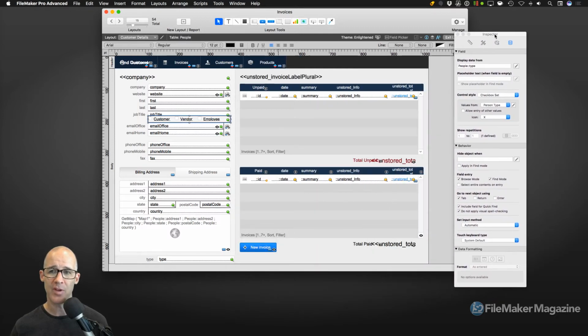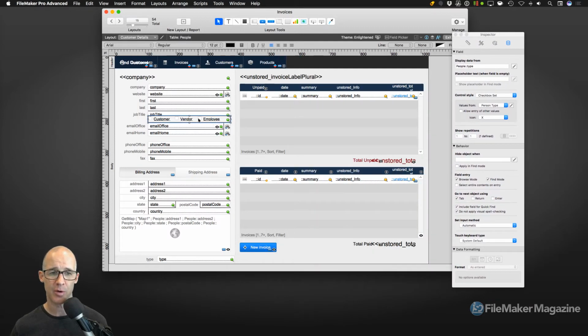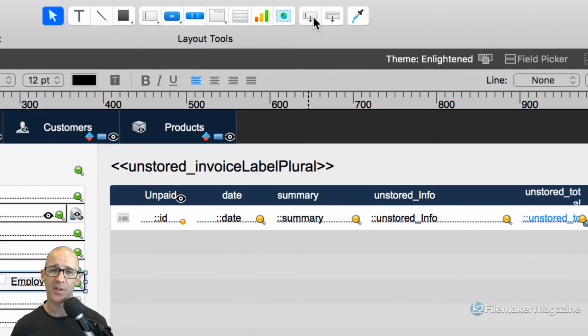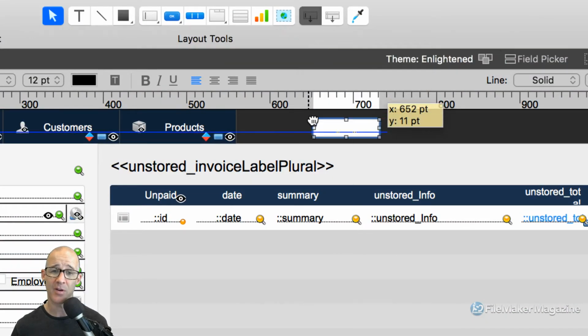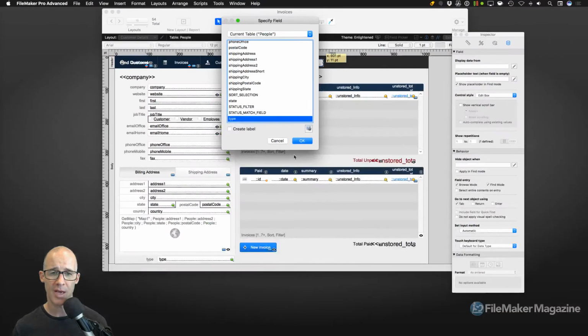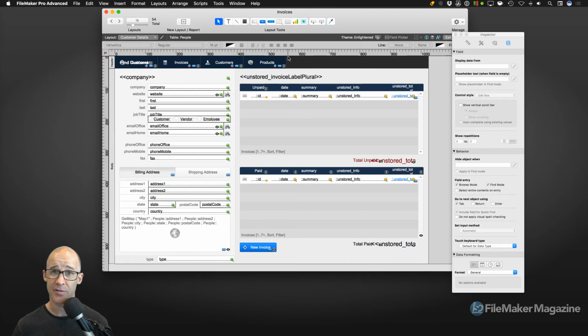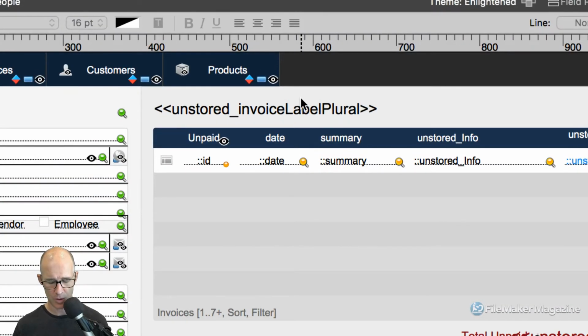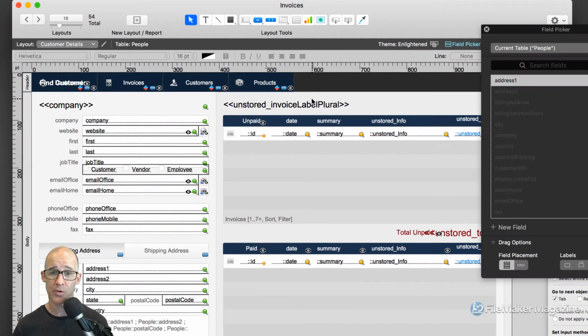So I now have the ability to classify this particular person. And what were those other ways of adding a field? Well, quite clearly, they are this one right here, where you can just drag a field onto the layout. That comes clean and without anything attached to it. Your alternative is to use the field picker, and you can do that with the Command or Control K, which